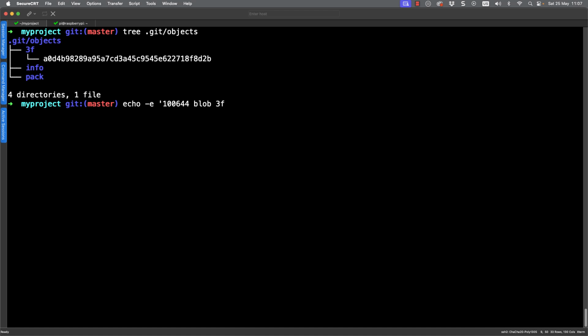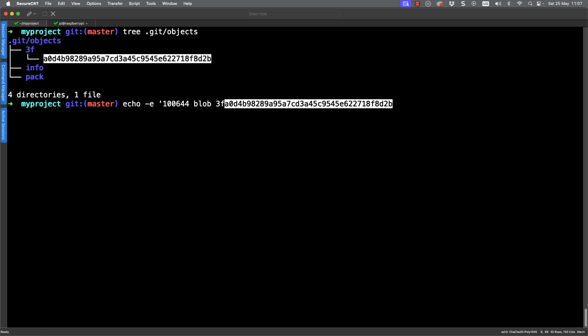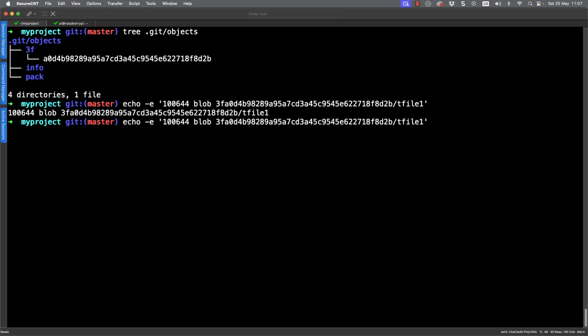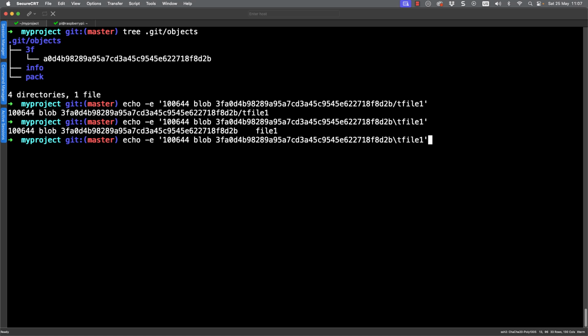We then go through and put our 3F, don't forget the start of the hash, and then we can just paste in the rest. We now need the complete hash of the file that we want to put in. We want to separate this with a tab, so \t, and then we'll call our file file1. Now we're just echoing to the screen. It's a good job I did, because I've got my slash the wrong way round. So let's go through and correct that. So \ and t. So we can see now the tab being expanded, and we have a tab that is separating our hash from our file name.